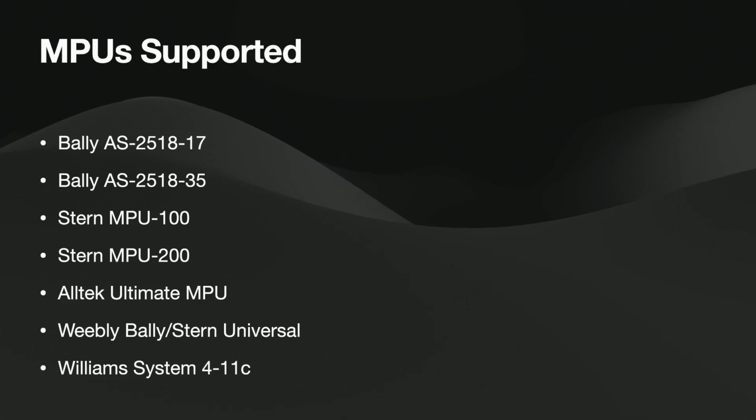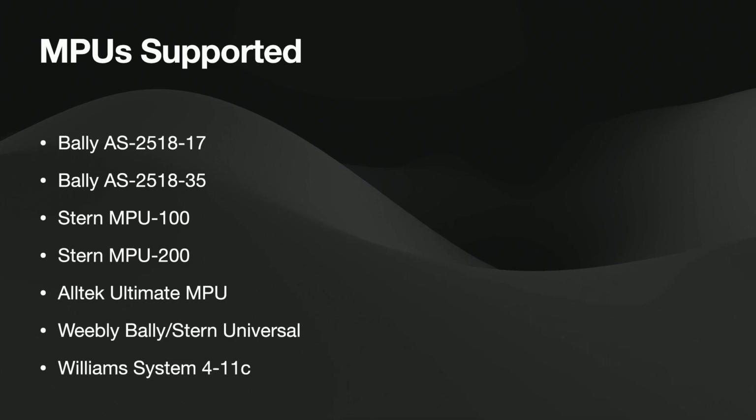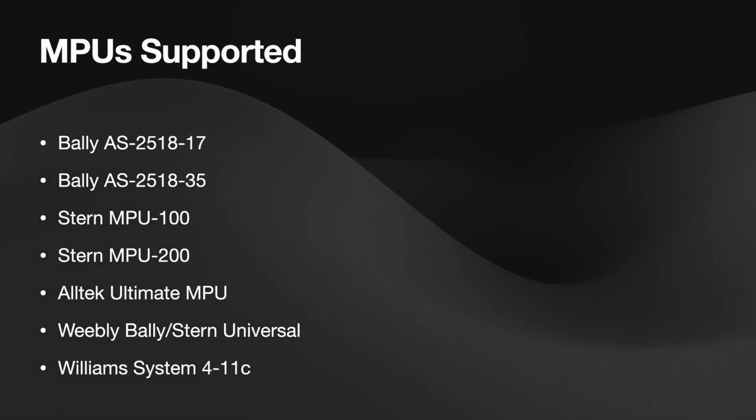So you get the Bally's, the 1735, the Stern MPU 100, 200. Imagine all the machines, there's a lot of machines. Alltech handles it right off the bat. Alltech works great. Weebly, you have to use the CPU plug-in because Andy does some interesting stuff with his addressing, so it doesn't work on J5, but you can use the Rev 102 for that. And then all the Williams,